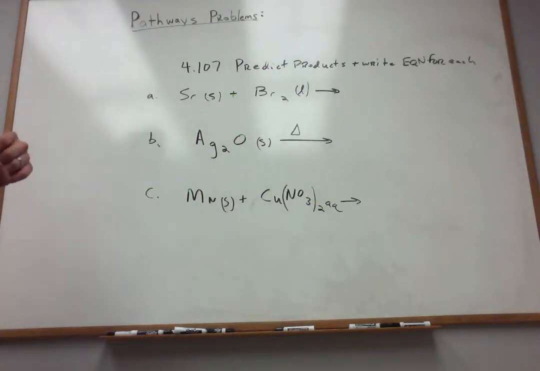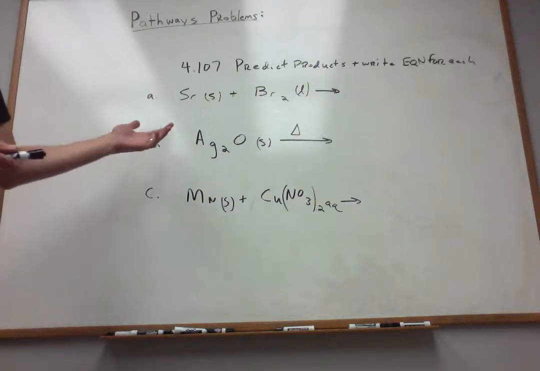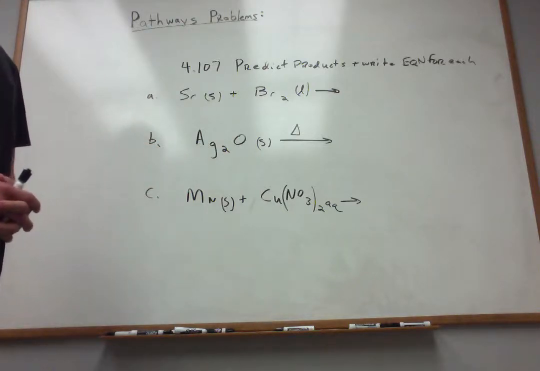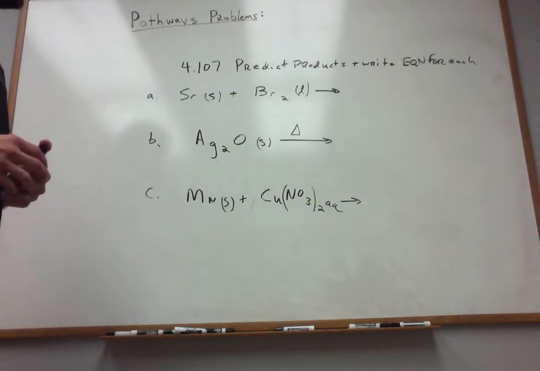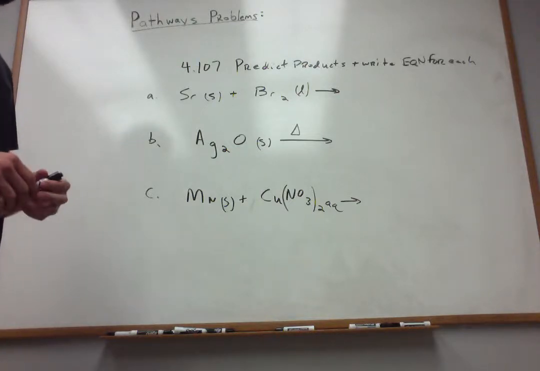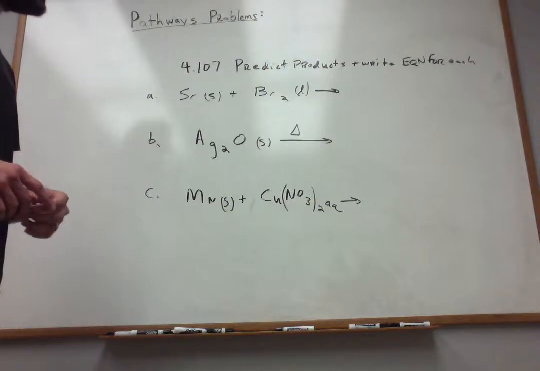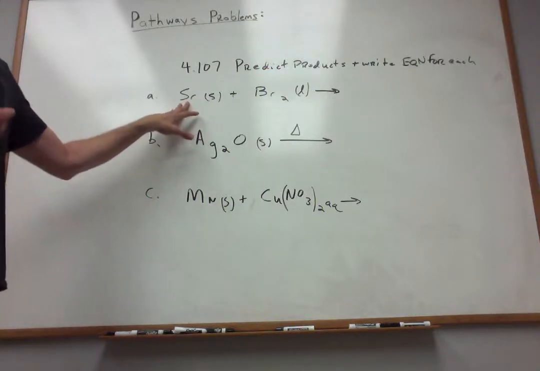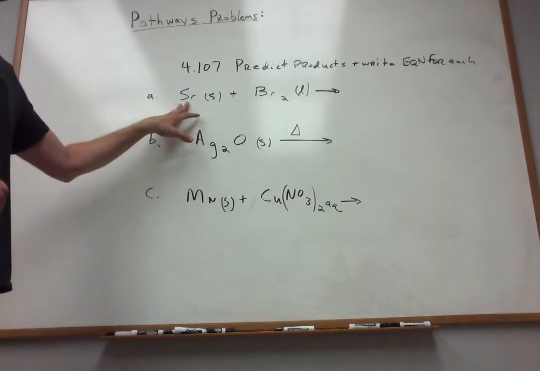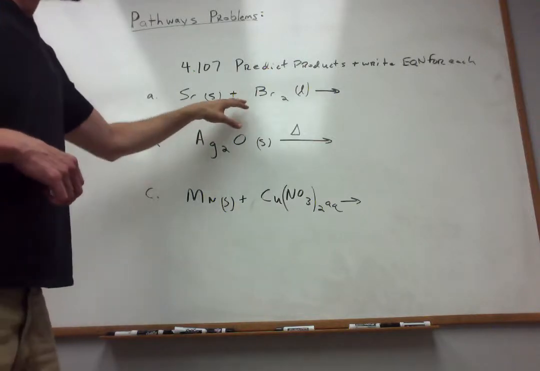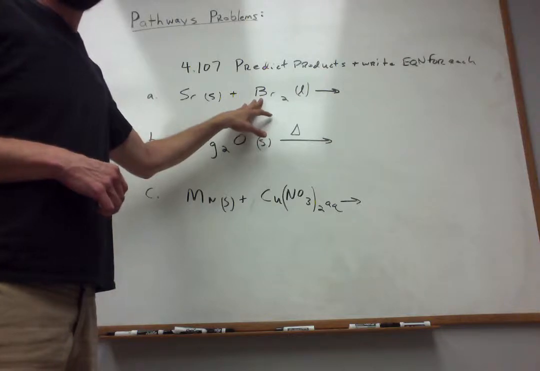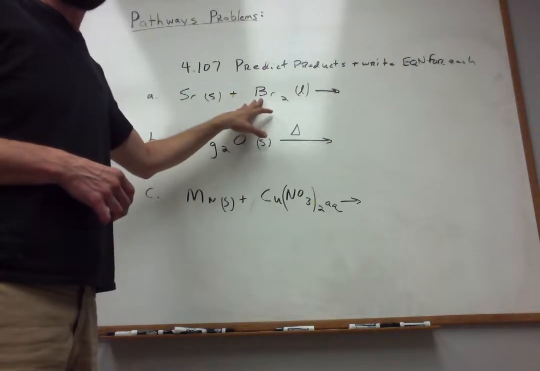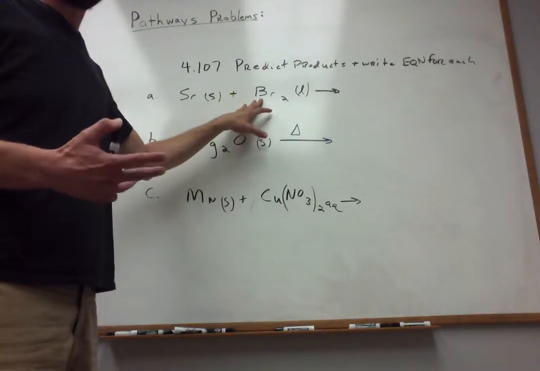Now I look at these two and I say, okay, what are my oxidation numbers? Well, 0 and 0, because I've got elements in their uncombined form. And I start thinking about these elements a little bit to try to decide what they like to do when they react and form different substances. This guy's a metal, so it likes to lose electrons to become oxidized. And bromine, of course, on the other side of the periodic table, this is elemental bromine. It tends to like to gain an electron for each atom, and as a consequence become Br-1, or bromide,